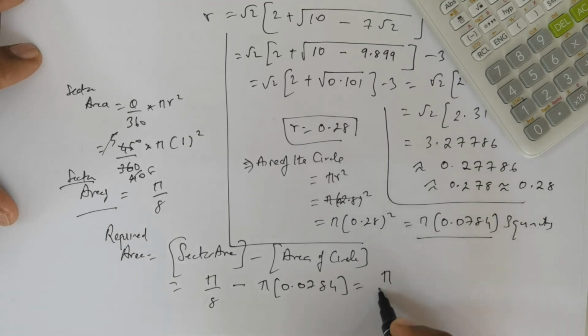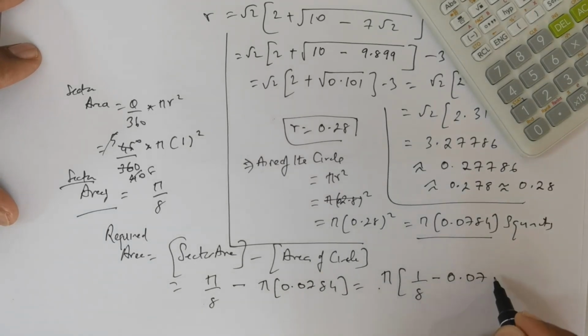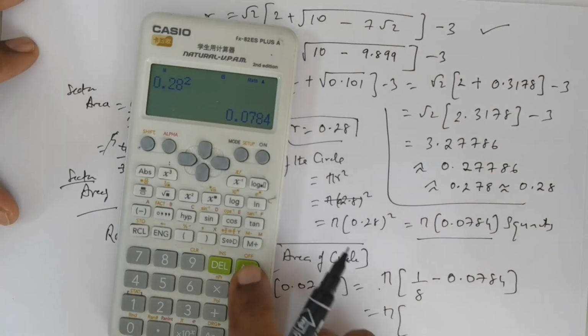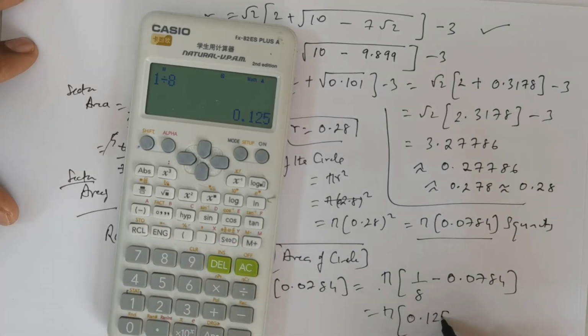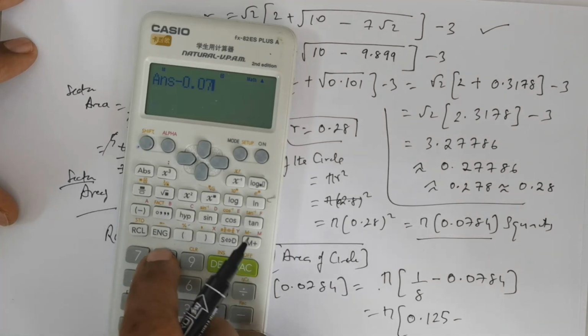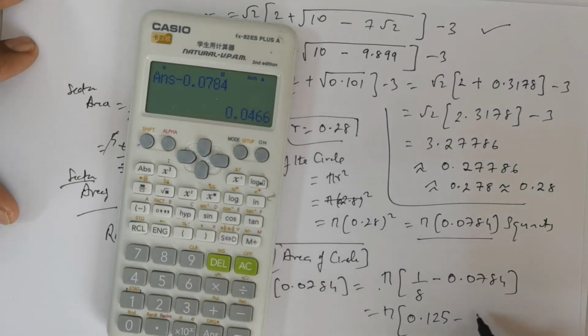So this is equal to pi is taken out. So 1 over 8 minus 0.0784. So this is equal to 1 divided by 8. 1 divided by 8 is 0.125 minus 0.0784. So that gives me a value